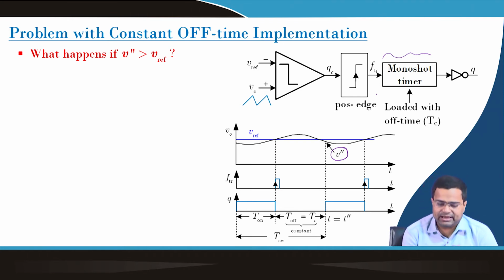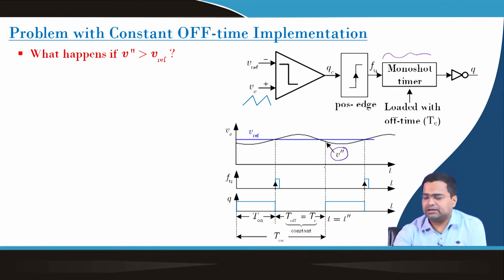Now, what will happen if V double dash, after the switch turns off, that is, after the constant off time, the timer completes its timing, but after that we find that the output voltage is above the reference voltage,